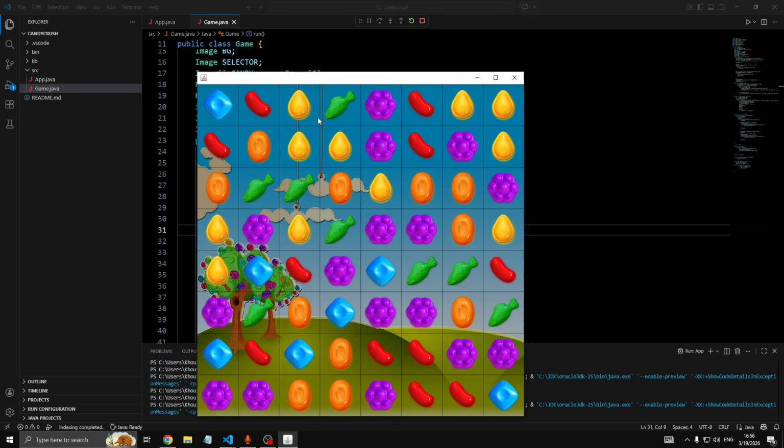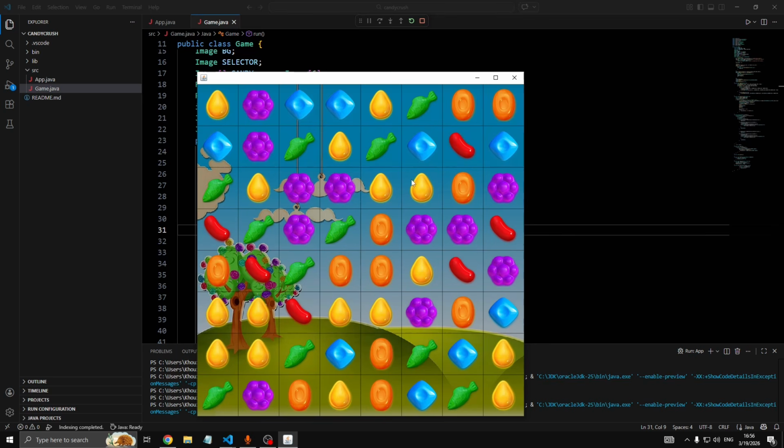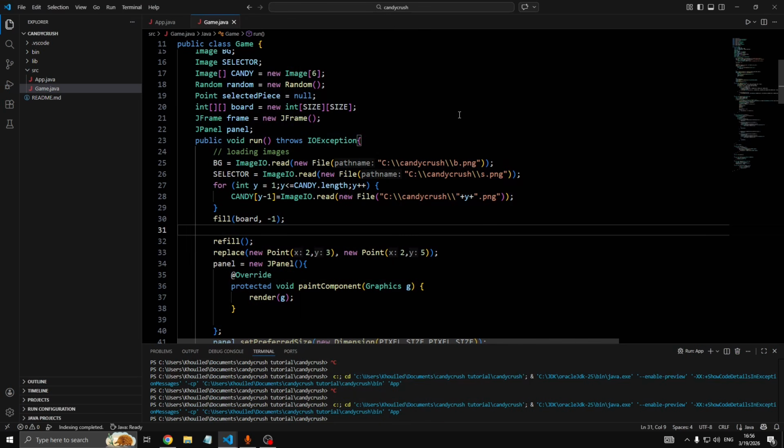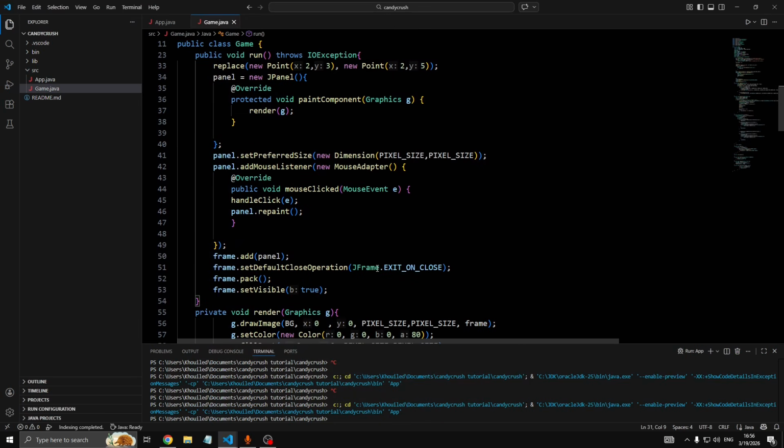Okay, so we don't have any matches, which is good, which means that our matches function is working and our refill function is working, which is really good. Now, as we saw before, if we do anything, then the whole board is gonna get randomized again. We don't want that, so we're gonna